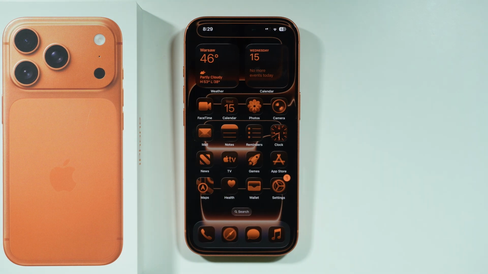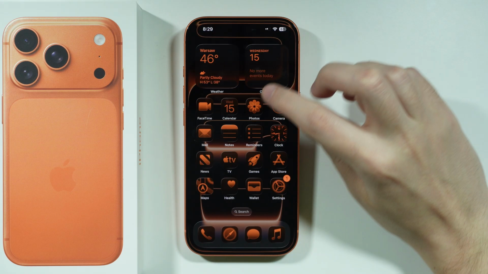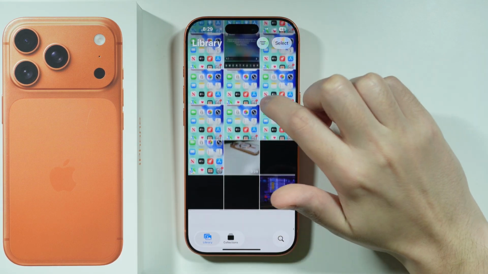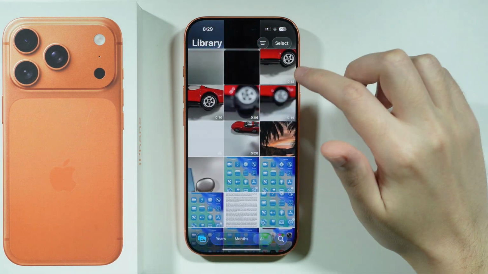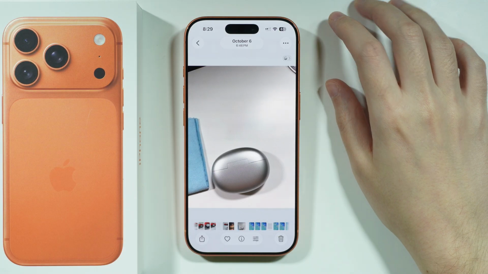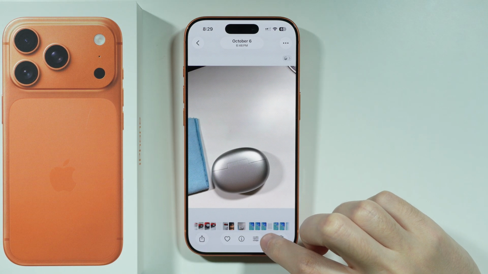If you want to remove objects from a photo on iPhone 17 Pro or Pro Max, first of all, we're gonna go to the Photos app. Next, we're gonna choose the photo that we wish to customize. So let's say I'm gonna choose this one, and we're gonna tap on this slider over here at the bottom